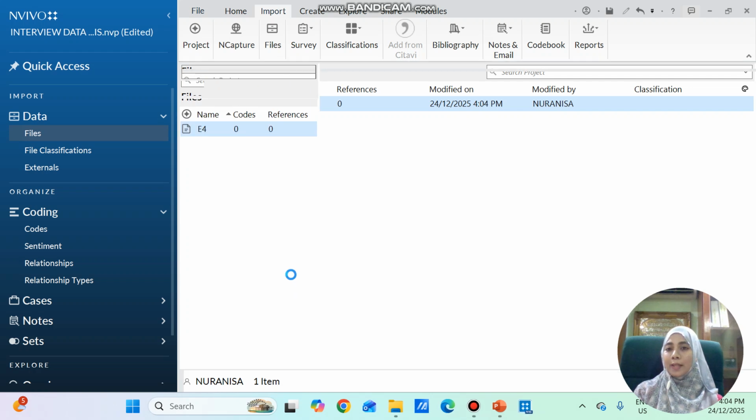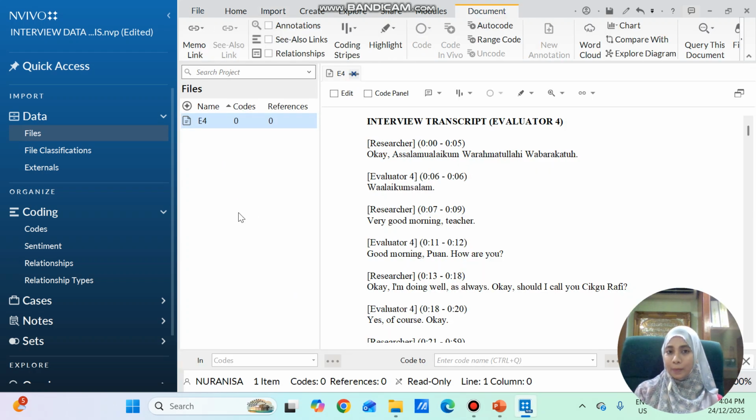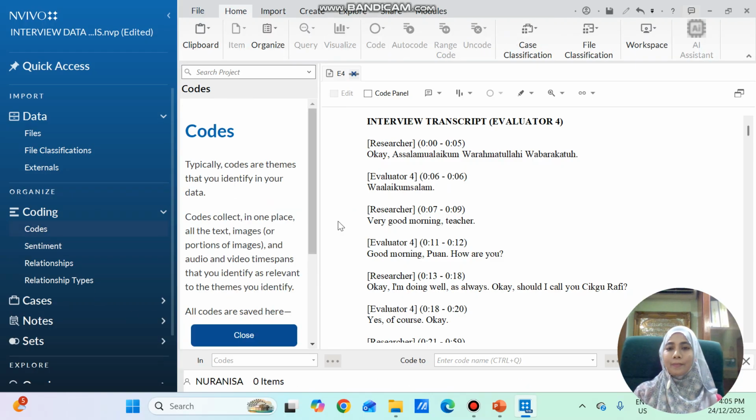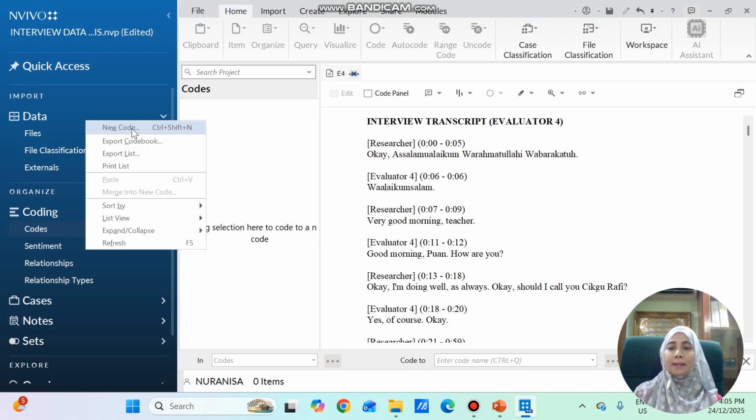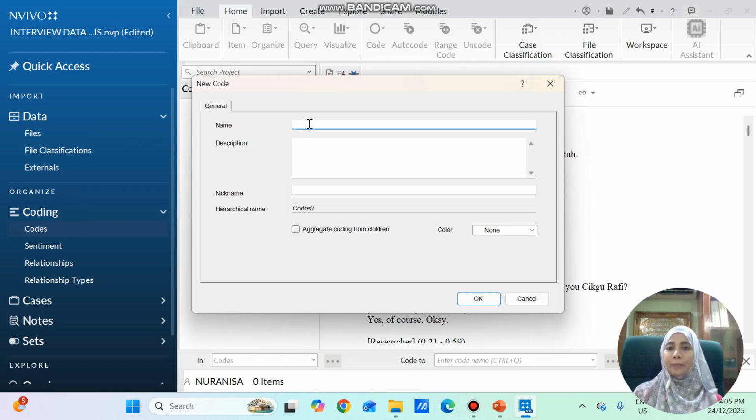Step 3 is coding. So you need to open the document. Click coding, codes. Close this. So first, you need to read and highlight based on the keywords in your research questions. Let's say you have 2 research questions. The first research question, you need to create a parent code here. Right click, new code. Let's say the parent code is